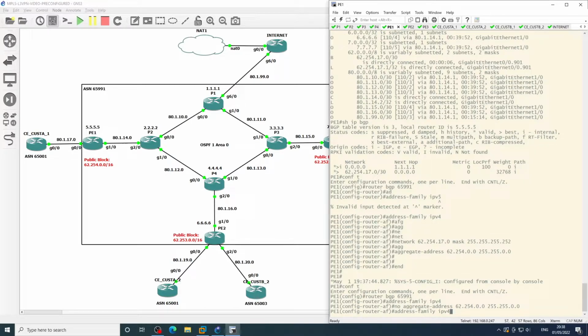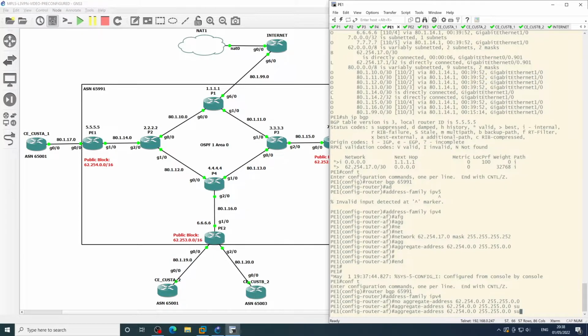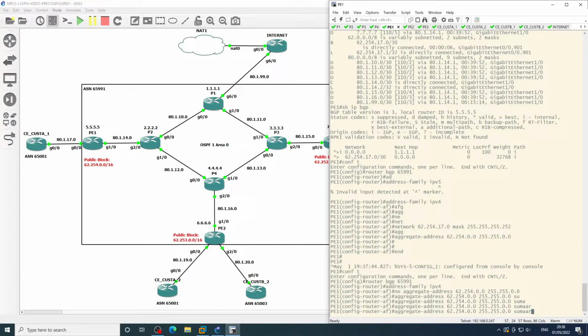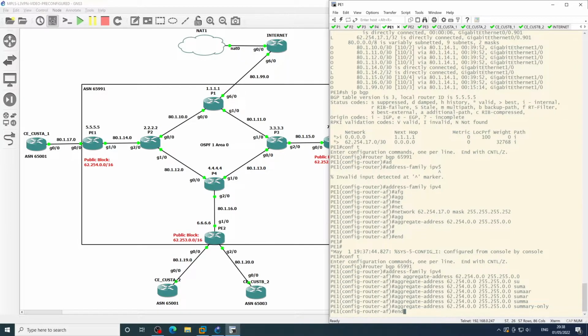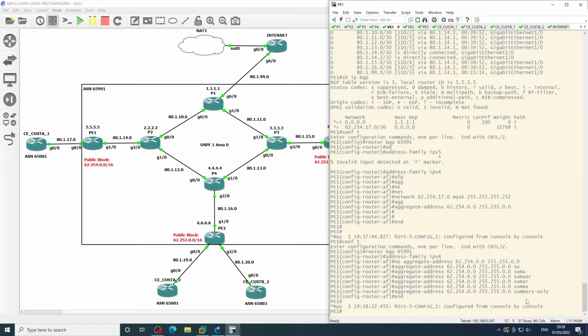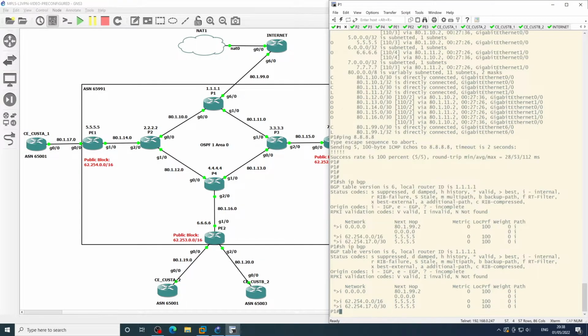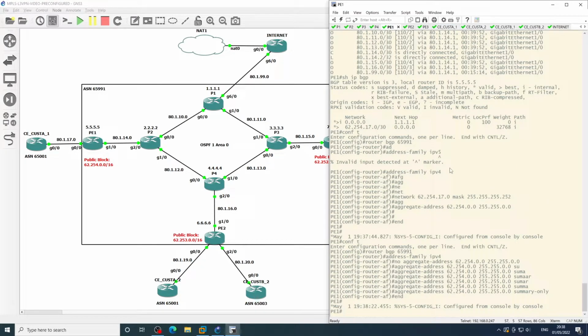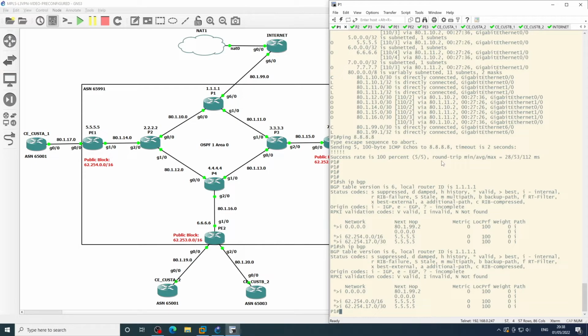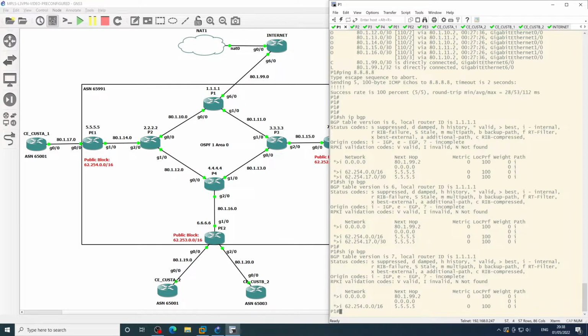What we want to do is specify summary only, otherwise it kind of defeats the object of us trying to reduce the amount of routes. So what the summary only will do is only advertise the /16, where you can see on here it was advertising the /16 and the /30. So we'll give that a second, or as I am impatient, we'll do a clear IP BGP soft out. There we go. So we've just got the /16,